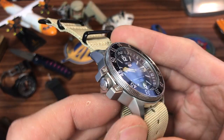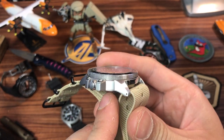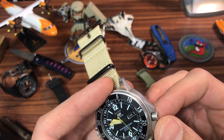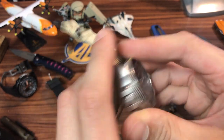That was kind of the thing that drew me to this. It's like a diver, but not at all a diver. You know, it's not really meant to be submerged. Just telling from the shape of all this stuff, you could see it's not suited to gloves. It's not suited to water. I'll tell you, the bezel action is rad